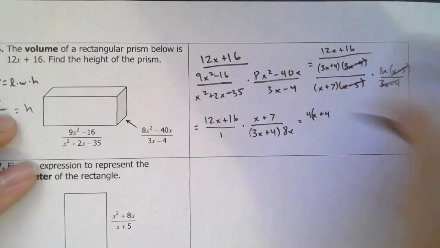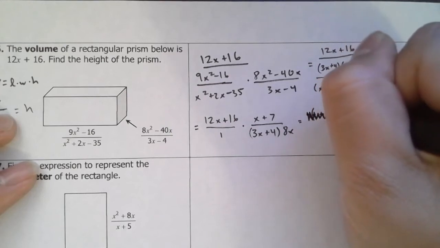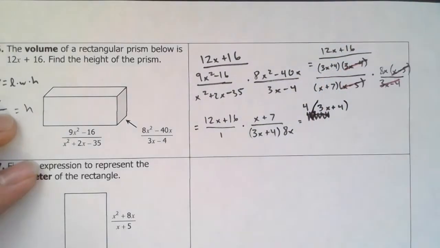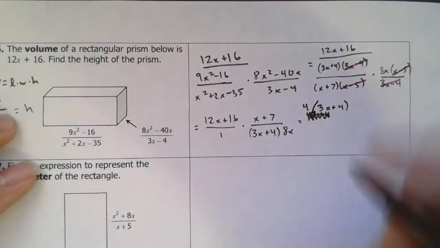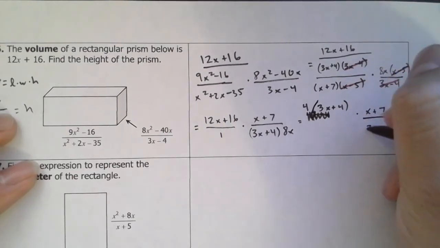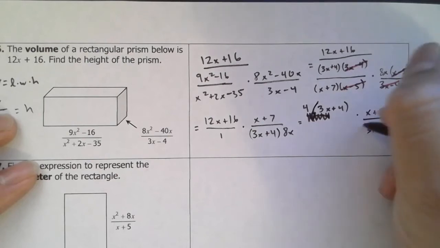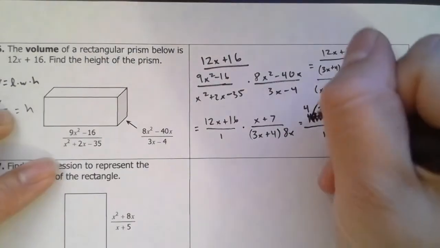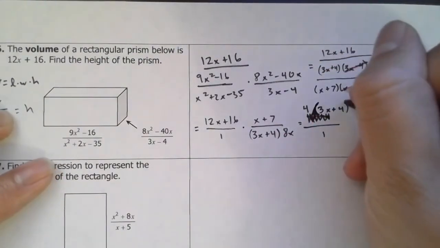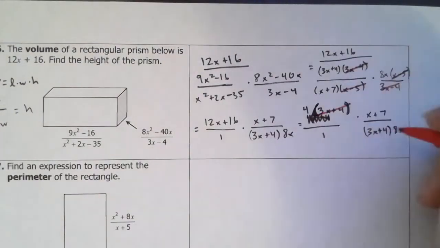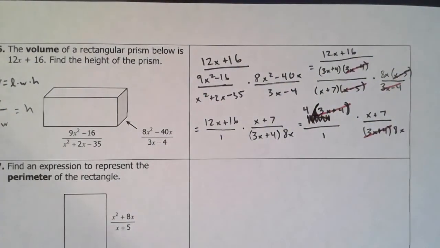No, I messed this up. Yeah, I did. Sorry guys. So I factor out a 4 and I get 3x plus 4. There you go. Times x plus 7 over 3x plus 4, 8x, and all this over 1. Okay. This is a weird looking parentheses. There you go. Now we can observe that these here are going to cancel, and I have